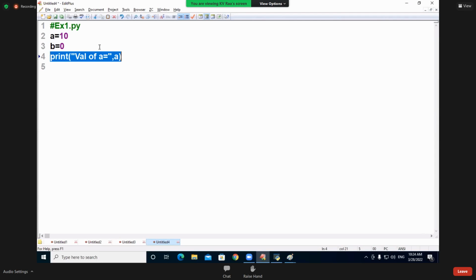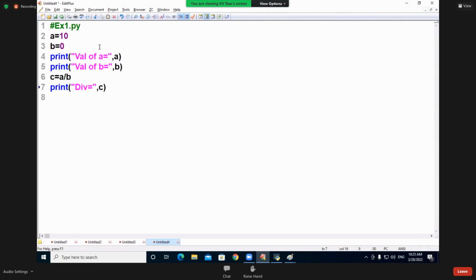Value of b is equal to, b. And next c is equal to a by b. Print of div is equal to, comma, c.